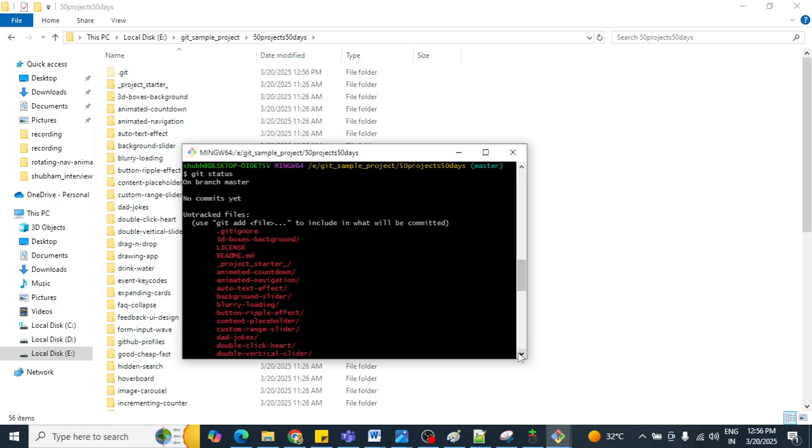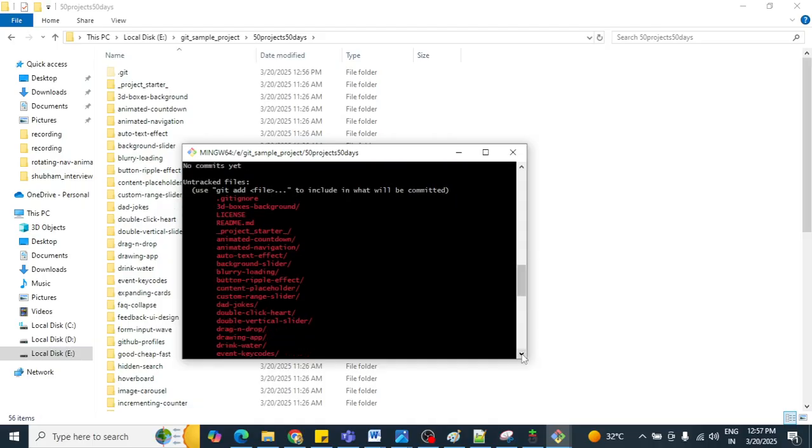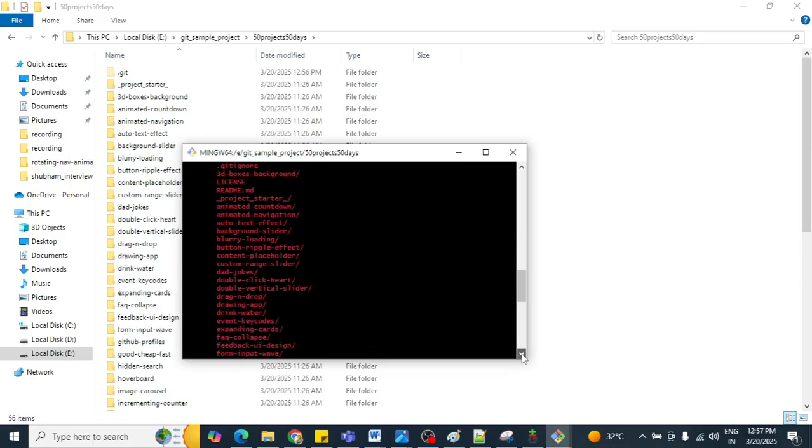We have not yet run git add, so these files are seen by Git, but they are not in the next stage, which is the staging area. I will tell you each and everything.